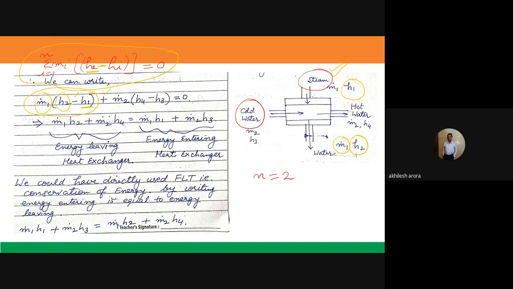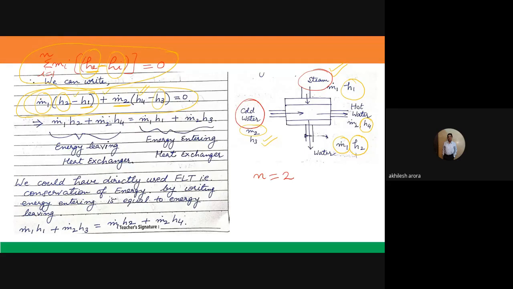Then I will go for the next mass flow rate, which is equal to m2 dot. So where is m2 dot? This is the m2 dot of cold water mass flow rate. And once again it is the exit enthalpy. So enthalpy for m2 mass is H4. Okay, so I have written here H4. And then inlet enthalpy for the mass flow rate m2, and that value is actually H3 here. So this is H3. So this is the final equation that I need to write in this case of heat exchanger. This is the steady flow energy equation for a heat exchanger.